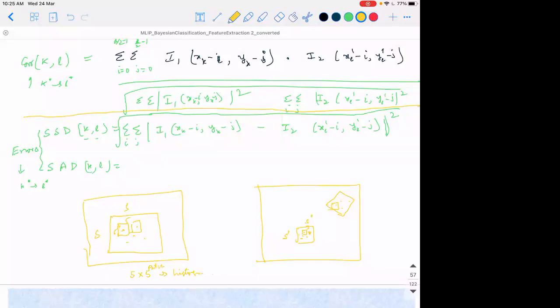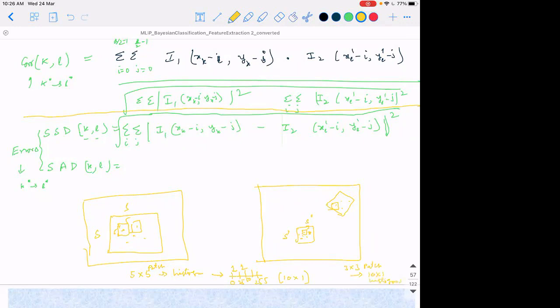So usually the histogram dimension is how much? Say if I bin the histogram, if intensities are 0 to 255, I can bin into say 10 bins. It's up to me. So 0 to roughly 25 pixels is one bin, 25 to 50 pixels is another bin, and so on. Then the dimension of this histogram will be close to 10x1. So essentially, I will be encoding this 5x5 patch as a histogram of 10x1. Similarly, this 3x3 patch can also be encoded in a histogram of 10x1.